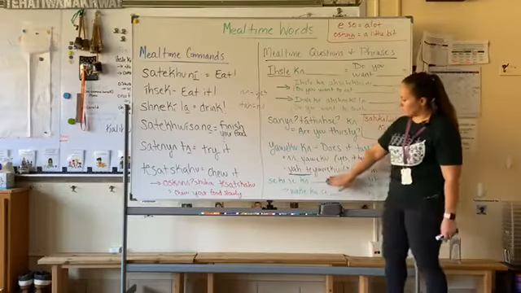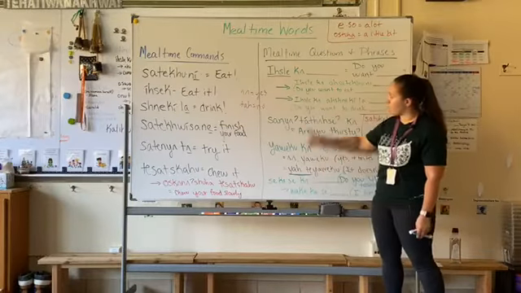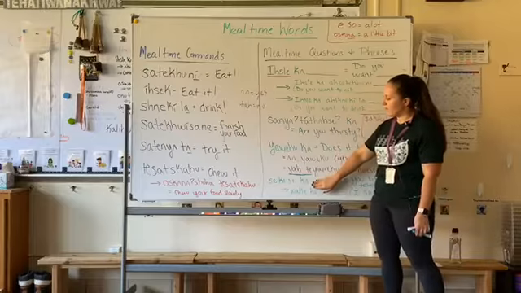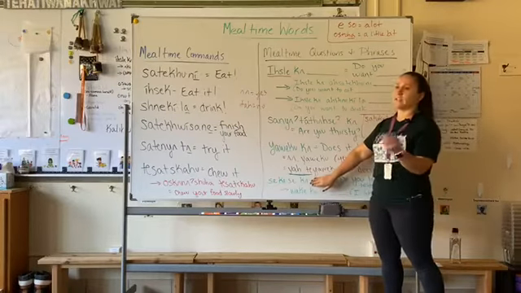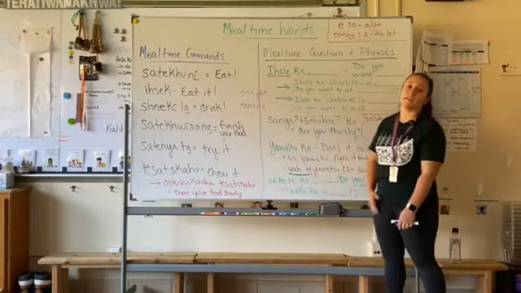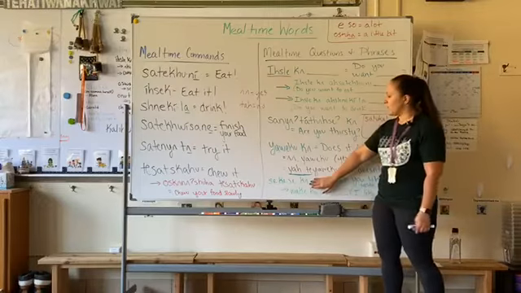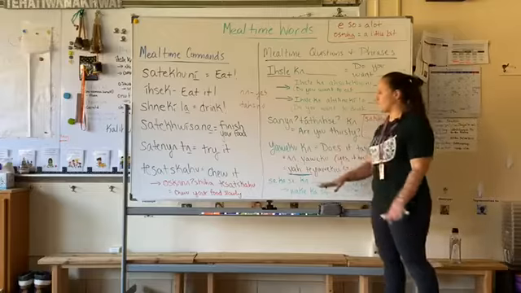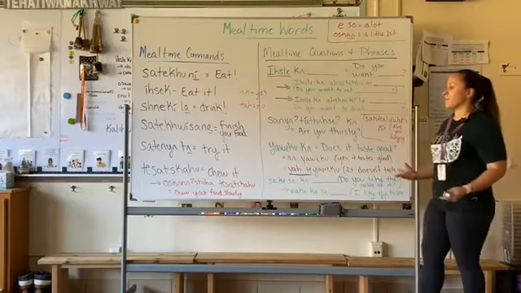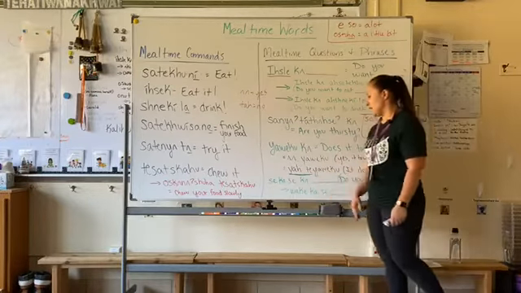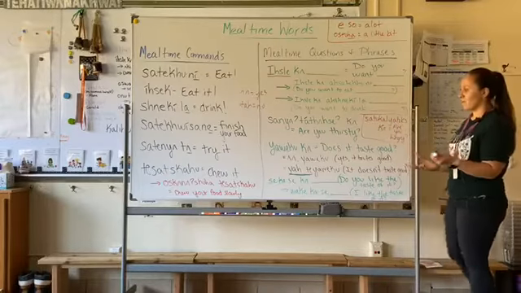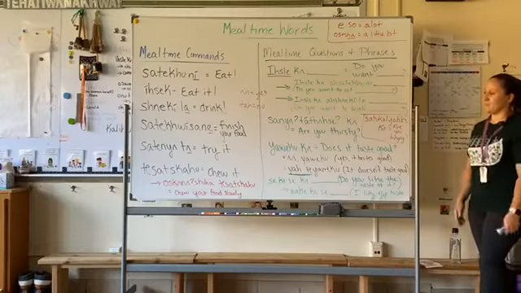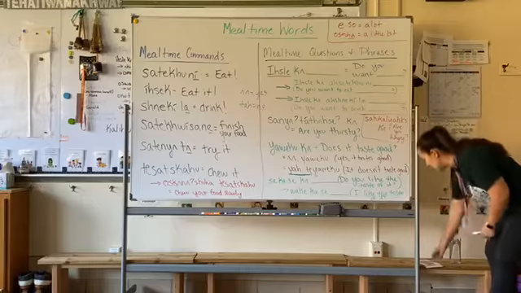Now you can use this just by itself. You don't have to have anything after the ga, like we mentioned up here. Instead, it would just be, do you like the taste of it? Maybe they're eating something and you're just asking them a question. Zegaze ga, do you like the taste of it? But you can be more specific and add something after that question. Zegaze ga, gakwa, do you like the taste of the food? Or zegaze ga,